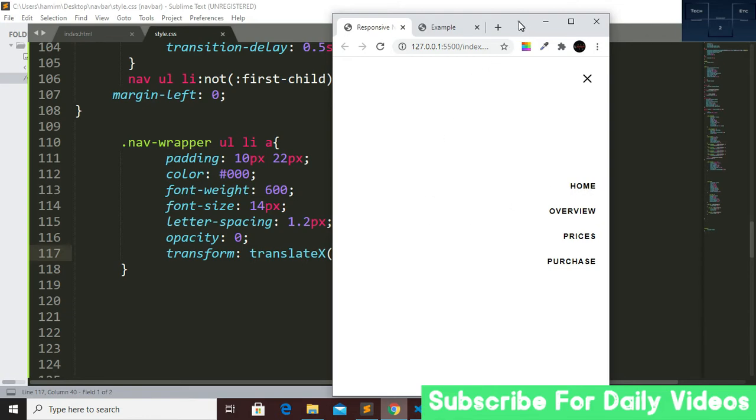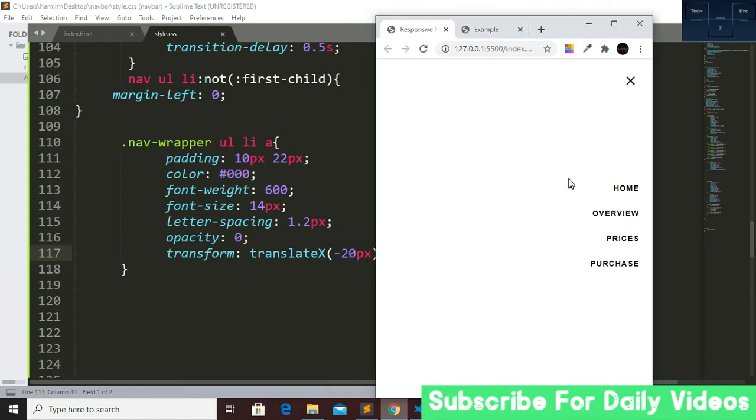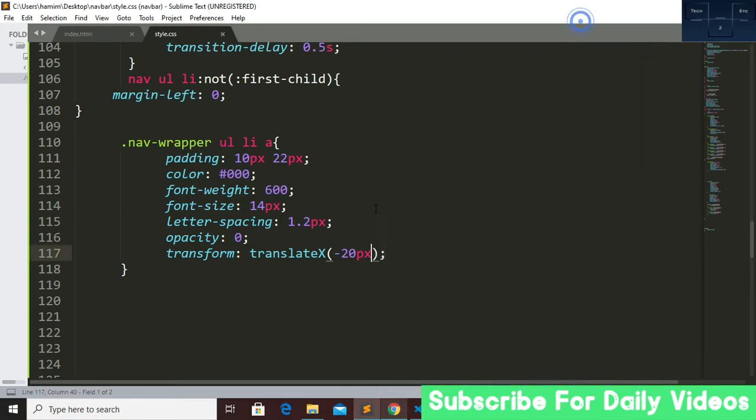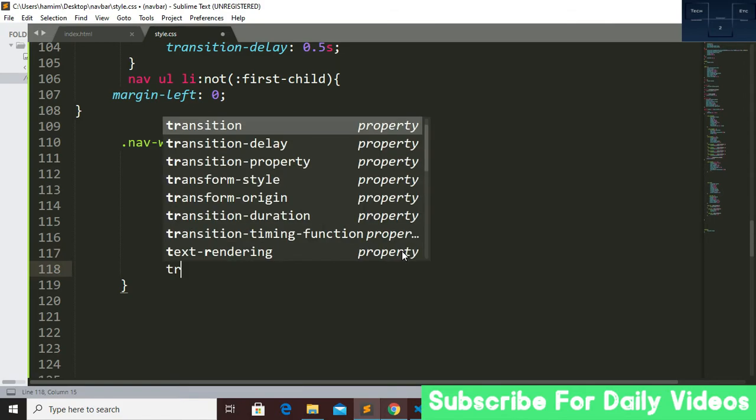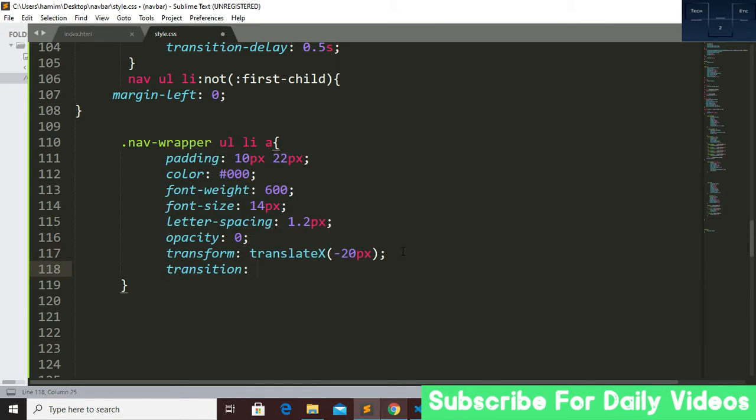So first I have to remove these things in here, and when we click on this, these things will come from here to here. So that's why this translateX, and give a transition time of 0.2 second for this, and this will be for all things.